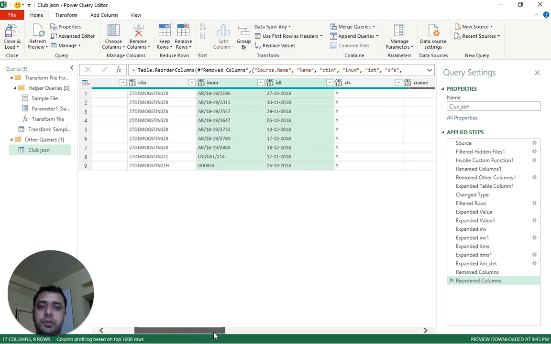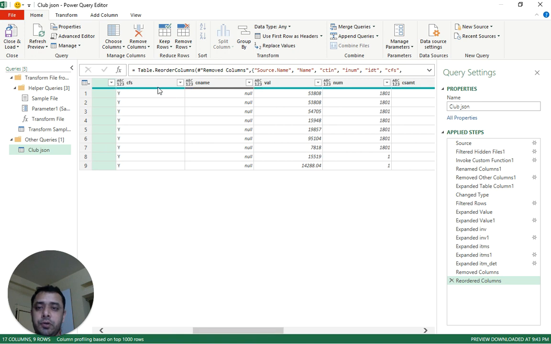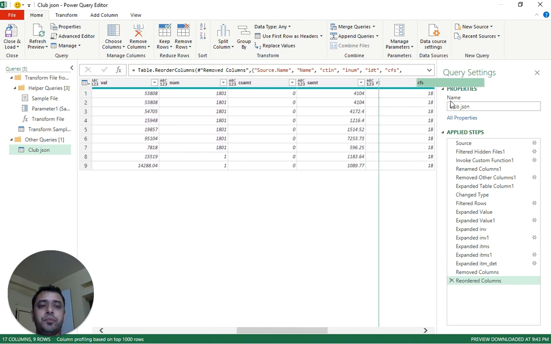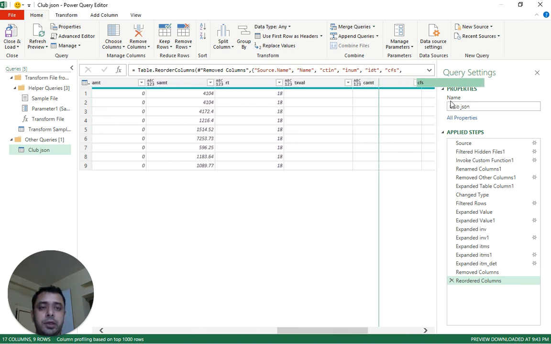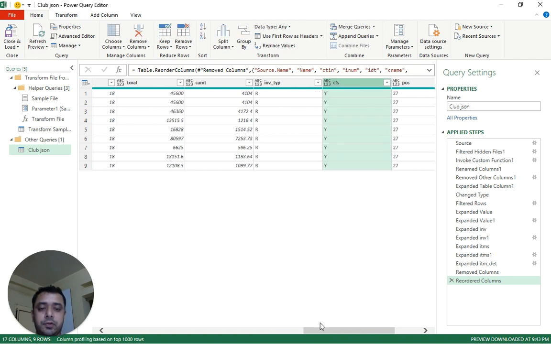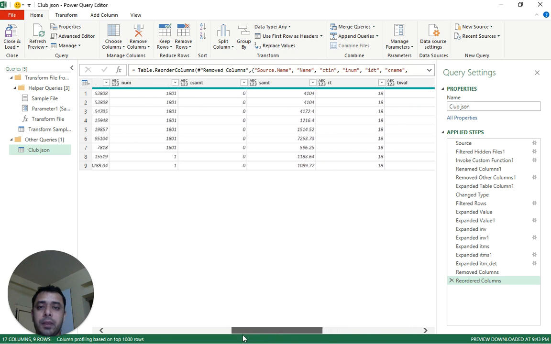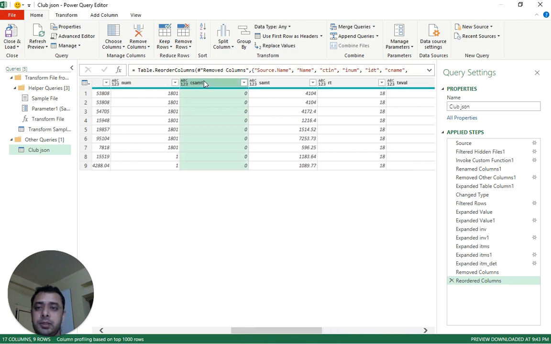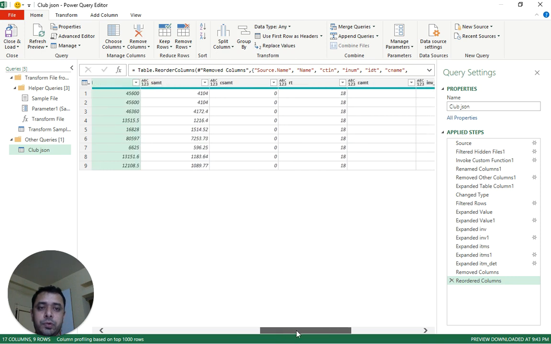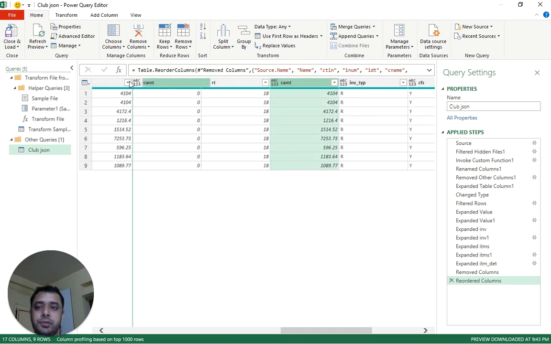So invoice number is there, invoice date is there, counterparty filing status is yes, but I don't want it appearing in my front columns. So I am keeping it at the end columns of my table. Then this is sales amount, this is SGST amount, this is taxable value, and this is CGST.